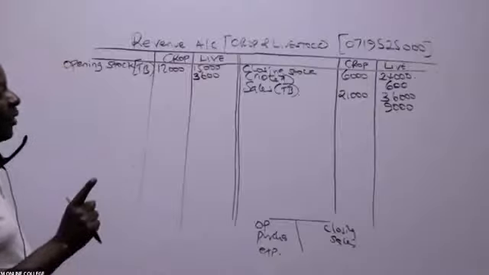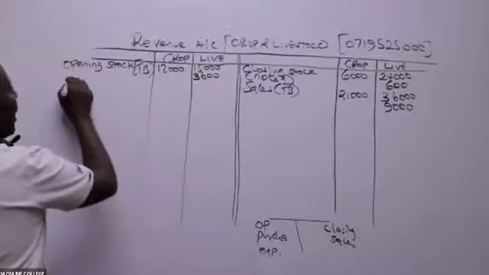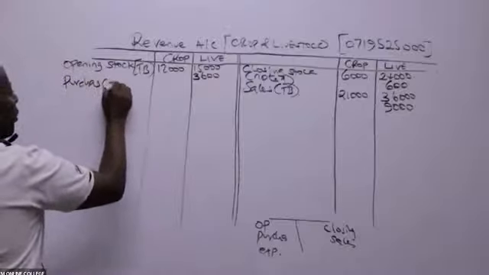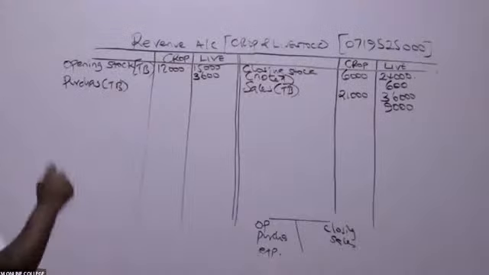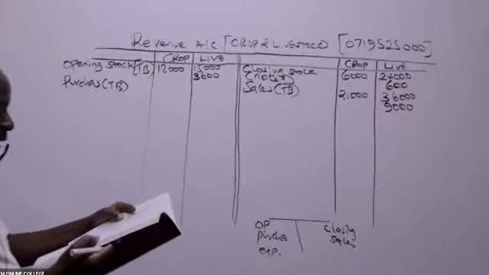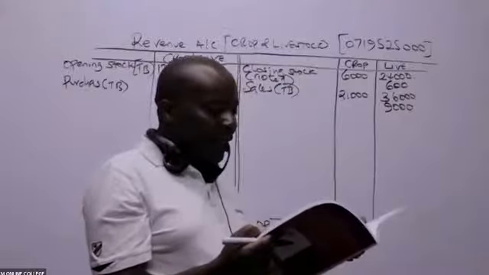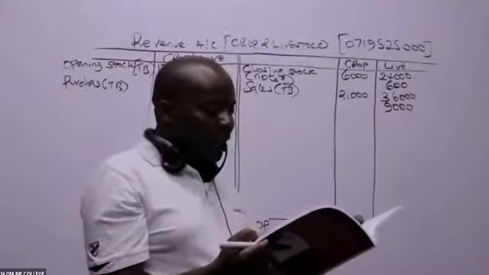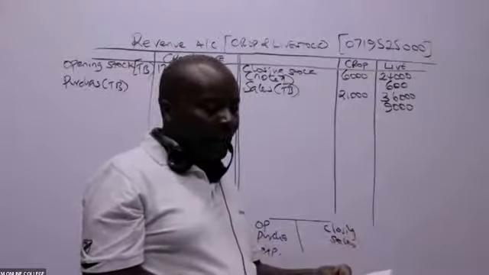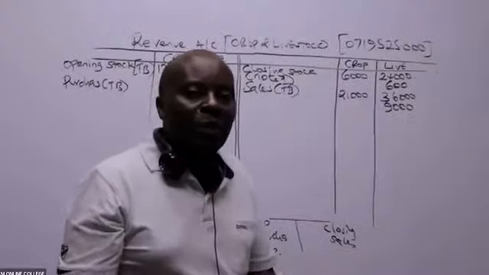Great. Now from there, we can go ahead and book what we call purchases from the trial balance. Are you able to see the purchases there? Oh yes, I can see purchases of seeds, livestock, fertilizer, and livestock feeds. So purchases of seeds, where do I book purchases of seeds?